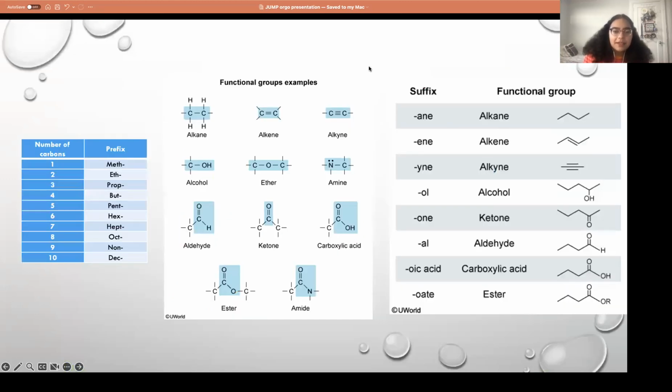These are the ones that, from New World, they said were the functional groups. So these are probably the ones you're going to see more often, and definitely the ones you should know. For just carbon and hydrogen, alkane, ene, ine, and then the groups that have oxygens as well, like ketones and aldehydes, as well as carboxylic acids. We're going to get more into the reactions with these, but it's good to be familiar. In terms of nomenclature, the prefixes and suffixes matter, since it might not explicitly say this is an aldehyde, but it might just give you the name and it ends in al. That's how you're going to know.